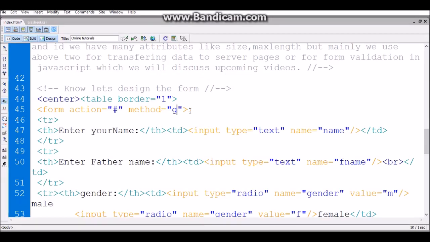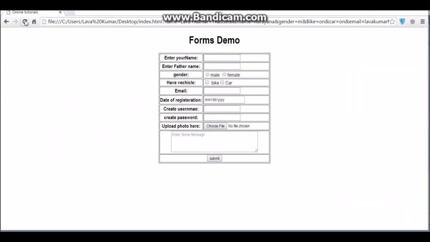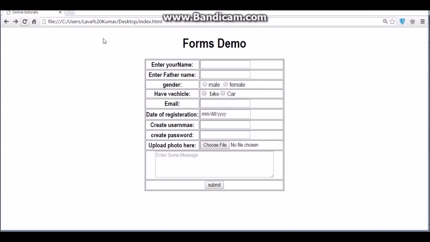Suppose instead of method get you use the post method, then just run it. It takes time to fill all the fields.